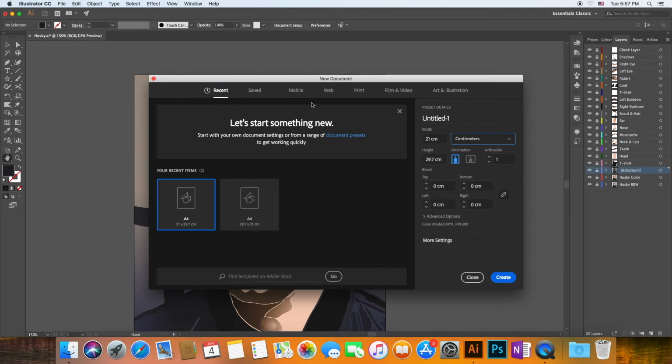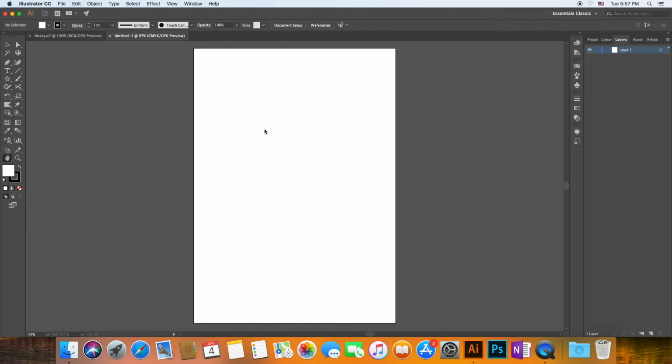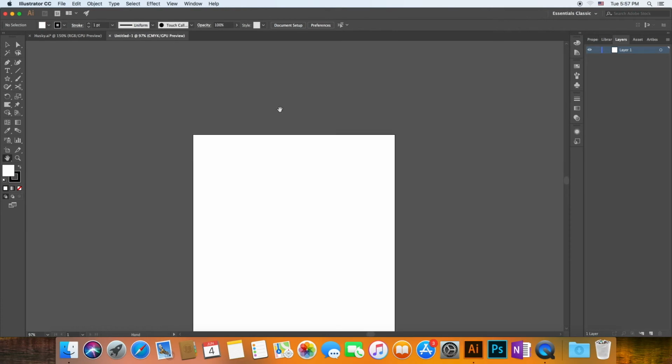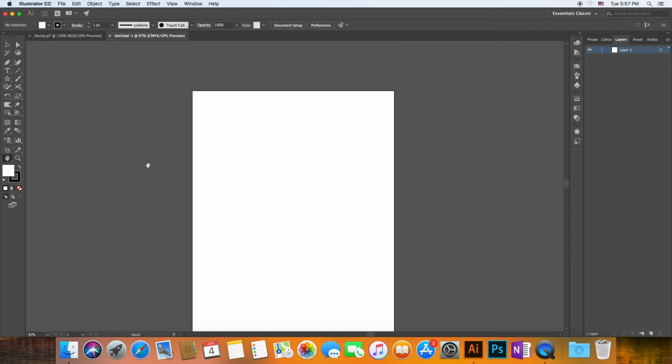The specific thing about Illustrator is that it doesn't have pixels, so you don't have to choose your actual resolution like in Photoshop, because in here you just work, and even if you zoom in, there aren't any pixels in there. So I just click create, and here I have just a white artboard